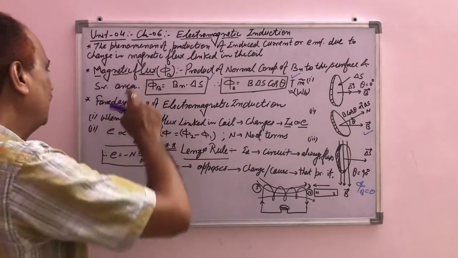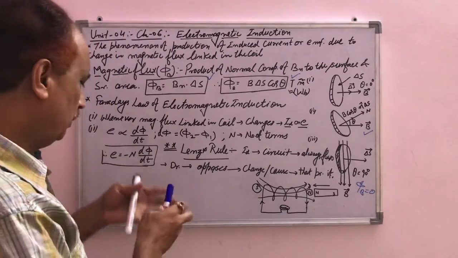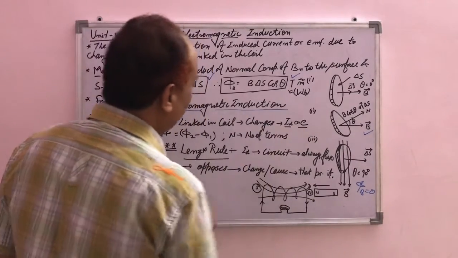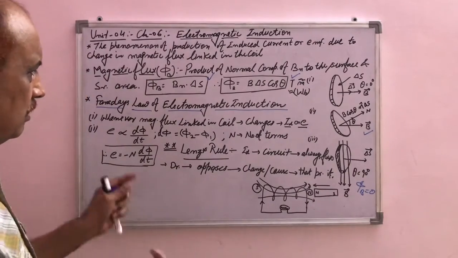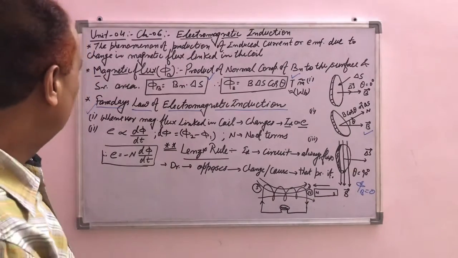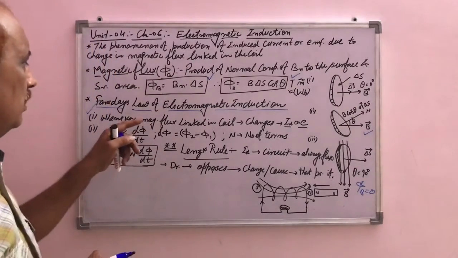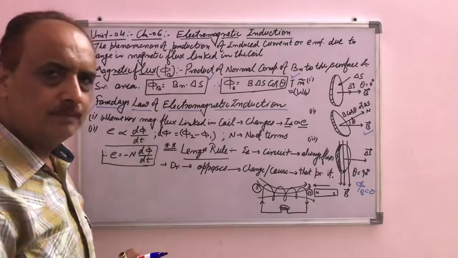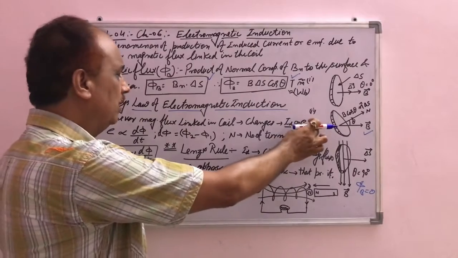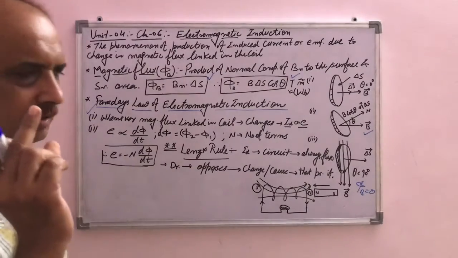So we have to use that term magnetic flux in the next topic in your syllabus, Faraday's laws of electromagnetic induction. There are two laws I have consolidated here. According to law number 1, Faraday's first law of electromagnetic induction, whenever the magnetic flux linked in the coil changes, then induced current or EMF is produced in the coil. It is law number 1.